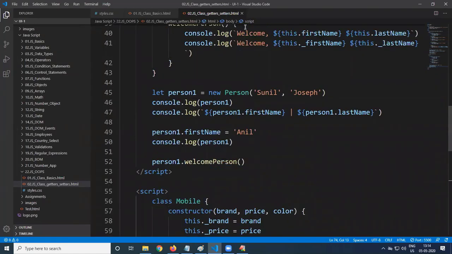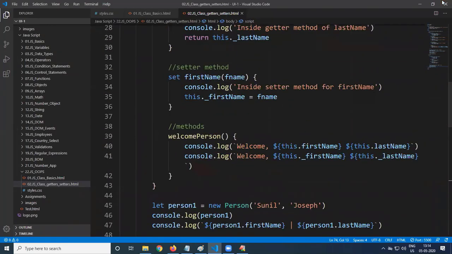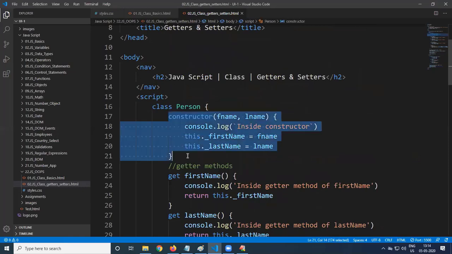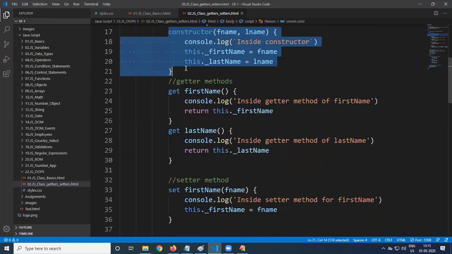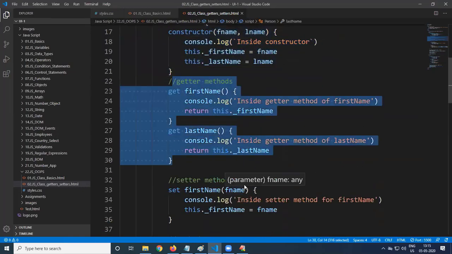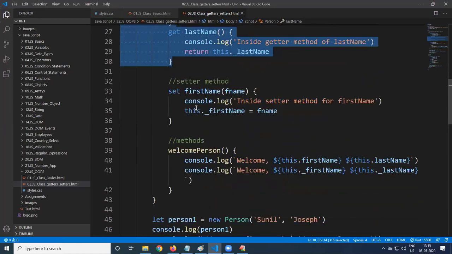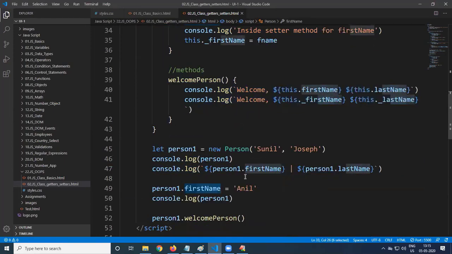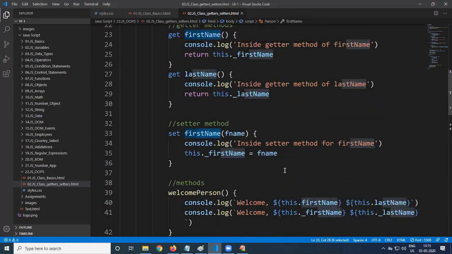So clear with these points, please. Hope you are clear with this one. So what are the points we discussed in the previous lesson and this lesson? What is class? Why do we go for class? What is the purpose of the constructor? What is the purpose of getter and setter methods? What is the difference between a getter and setter method and a normal method of a class? A normal method is an actual method, but a getter is called directly, just like how you access a property, the same way we are accessing that.